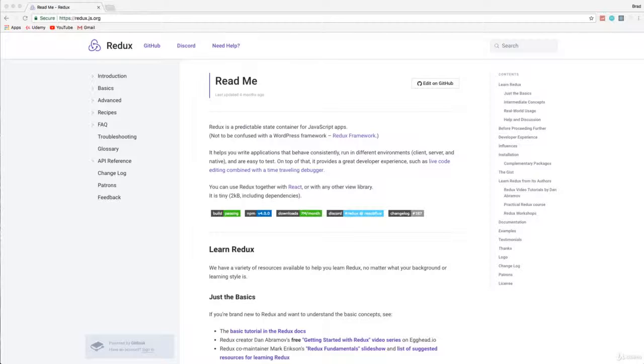Now, some people seem to think that the context API is going to make Redux and other state managers obsolete. I think it's a minority of developers that think that, and I think that they really might not have that much experience with bigger applications, because context is great for small applications where you don't have too many resources, like the one we built. It only had a contacts resource. But let's say it's an e-commerce website where you have products, categories, customers, authentication. To use the context API for something like that seems very difficult to me.